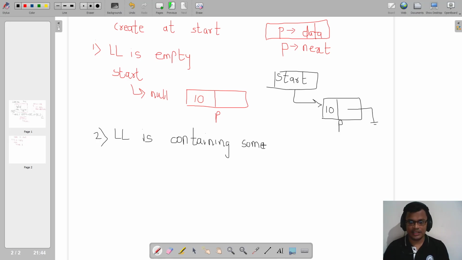We'll see an example for this also. Based on the situation, we need to write certain code for the linked list being empty and the linked list containing some elements. But whatever the case, we should allocate some memory for our node.